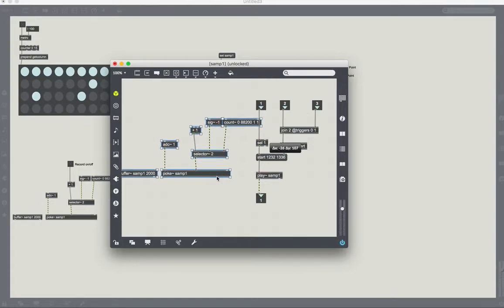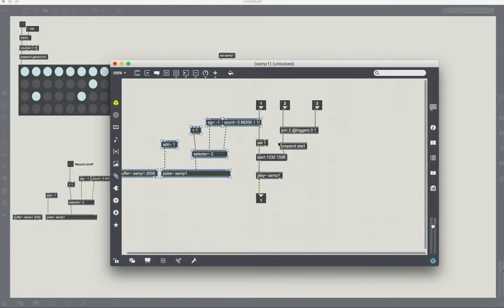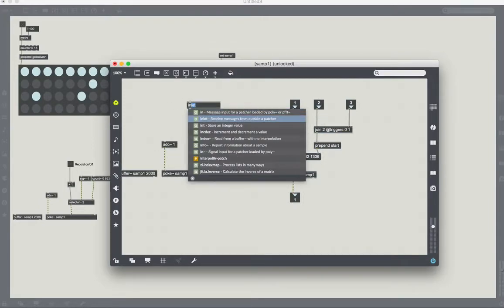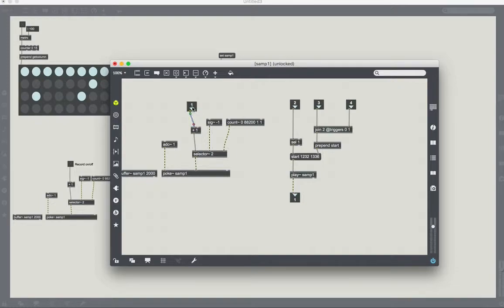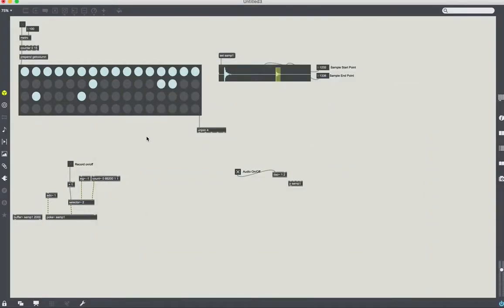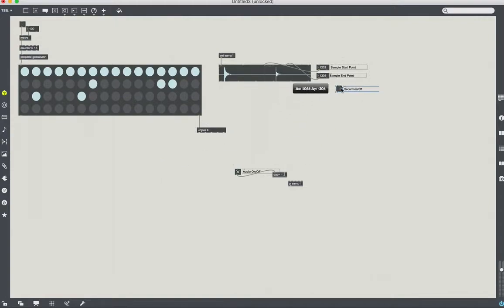Let's put that in here as well. Just keep this tidy. Have an inlet for our recording function here. And now we have everything that we need to record and access our buffer within a little patcher. And what that will enable us to do is first of all delete all of this apart from the record on and off, move that up here,